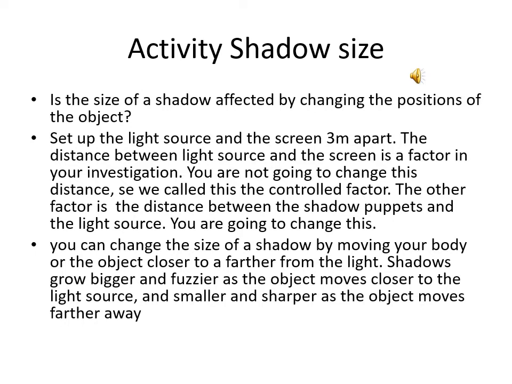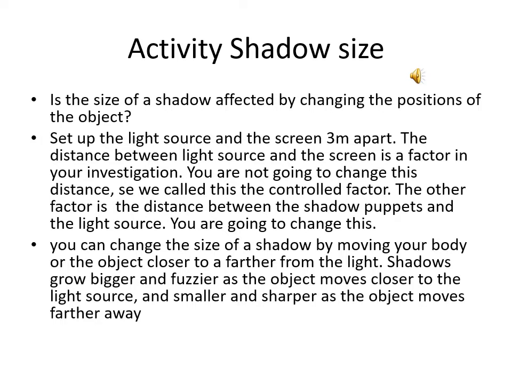So we call this factor a control factor. The other factor is the distance between the shadow puppet and the light source. You are going to change this. What will we observe if we change